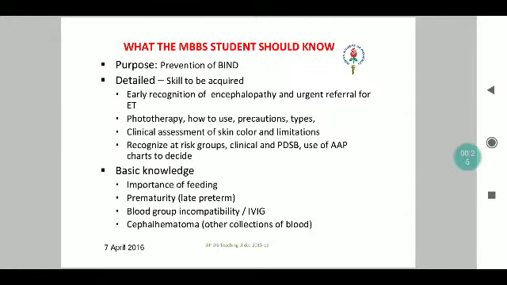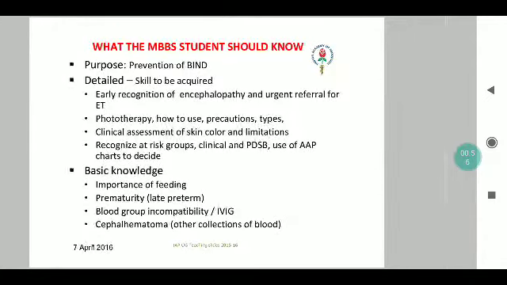Now in detail, an MBBS student should be able to recognize encephalopathy early and refer it early on, as well as to know about phototherapy, the basics of it, as well as the precautions to be taken, as well as the types available, as well as recognizing high risk groups, as well as use of the American Academy of Pediatrics charts. Apart from this, an MBBS student is expected to be able to clinically assess a neonate in addition to having basic knowledge on feeding, prematurity, the importance of prematurity, the importance of blood group incompatibility, as well as about